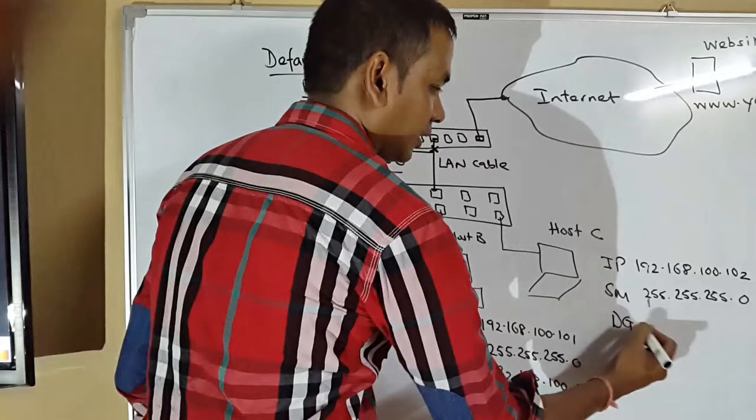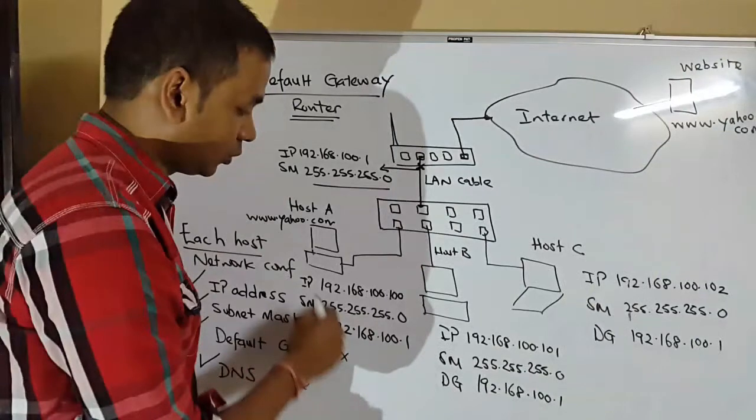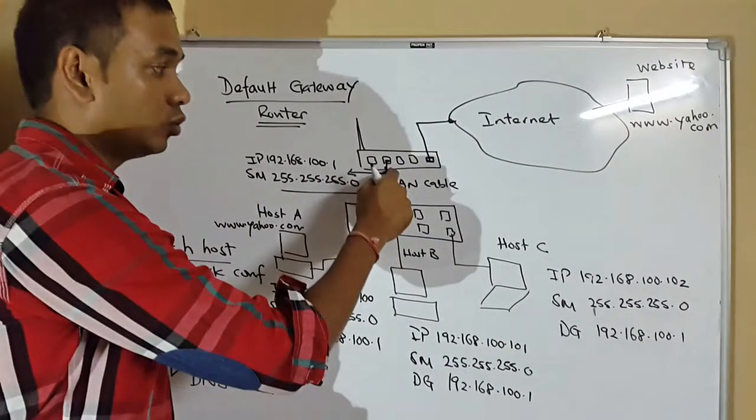Now, for example, if this host wants to go to www.yahoo.com, you open a web browser and go to yahoo.com. This host will contact the default gateway from the switch here. He will say, hey, can you take me to yahoo.com? And then this